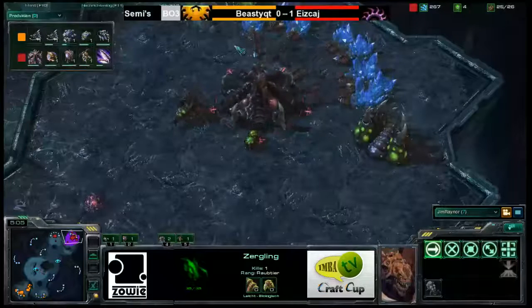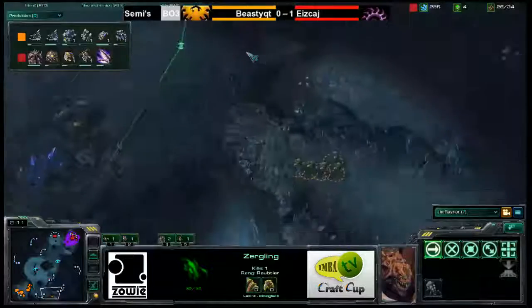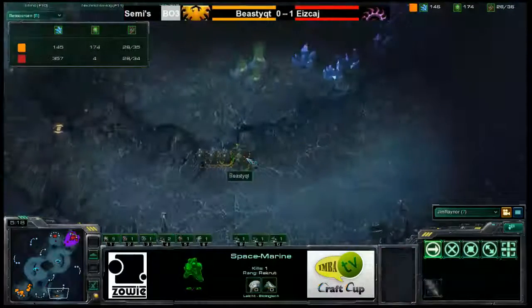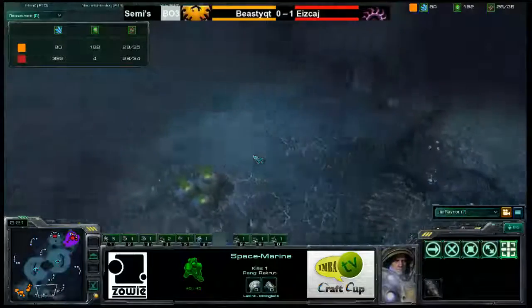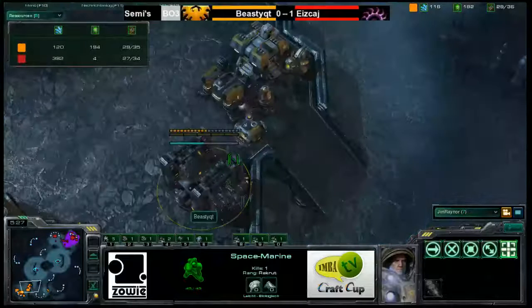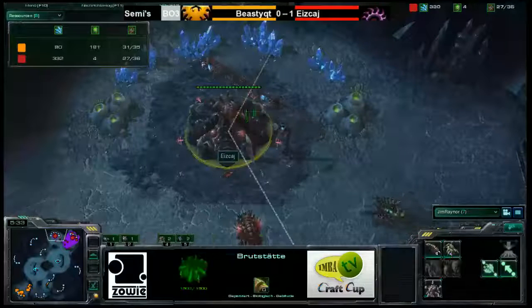Right now, Eyes Cash sits at 18 drones. BCQT sits at 20 SCVs. BCQT's 5 Marines patrolling his expansion area, specifically behind the high grass. Seeing a Maynard transfer right now as Eyes Cash is